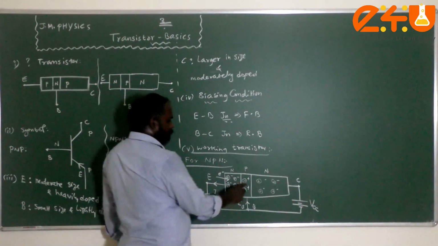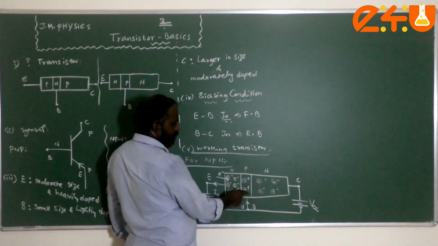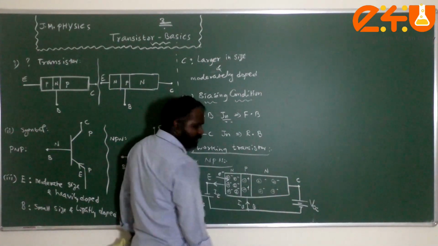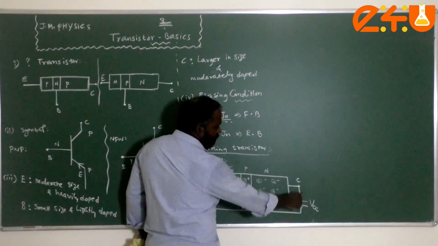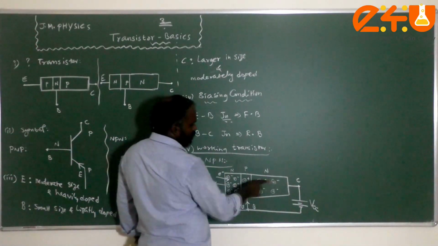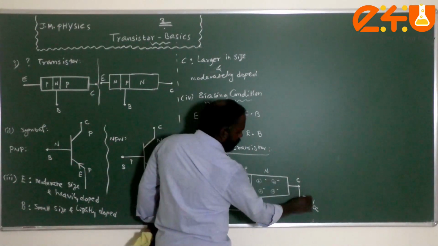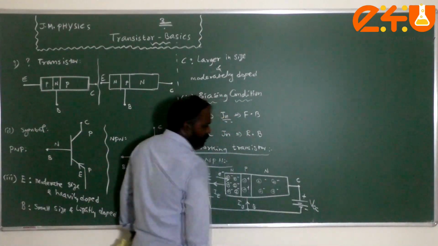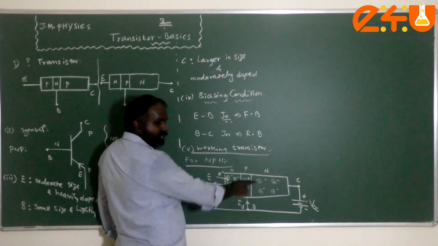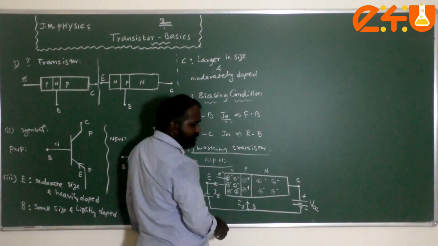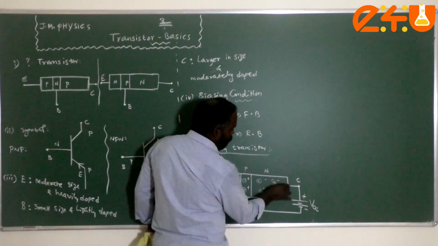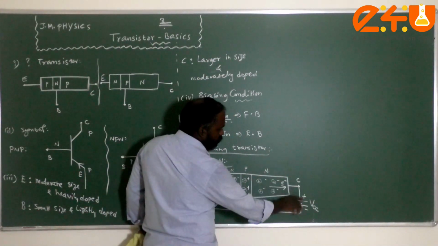Now, after a few electrons are lost by the recombination process, the majority of electrons reach the collector region. Since the collector is heavily, or strongly, reverse biased, these majority carriers, the electrons, are attracted by the positive of the reverse bias battery. There is a strong attraction of this positive potential for the incoming majority carriers here. So the electrons are moving in this direction, towards the battery.